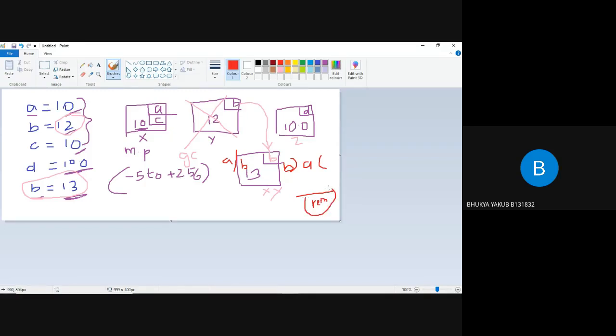After getting this remainder, we'll get a quotient. We'll get a quotient in decimals, in floating point values.